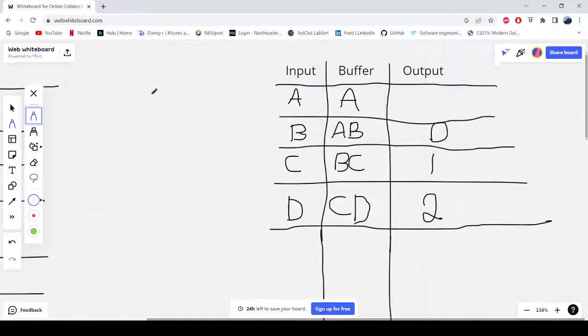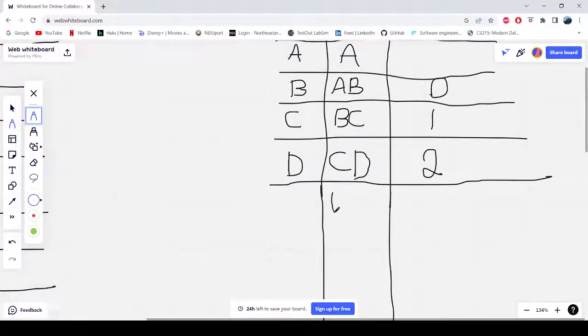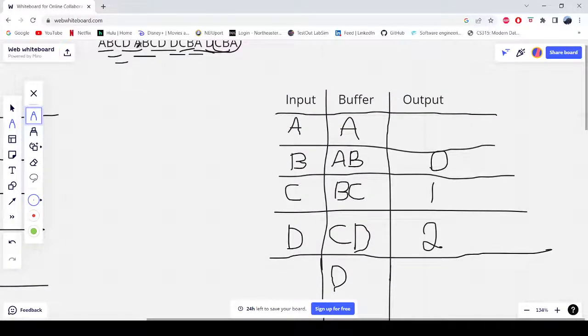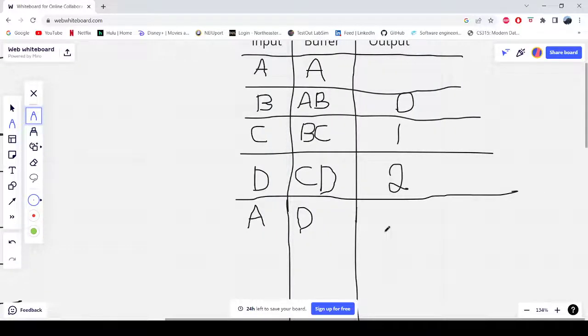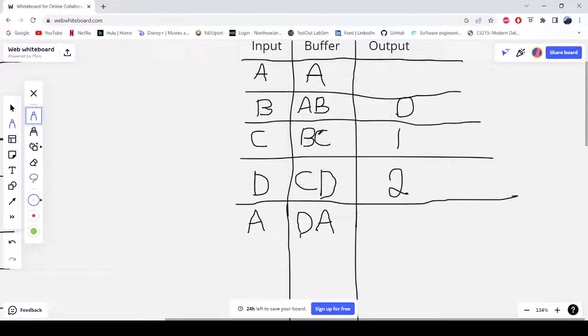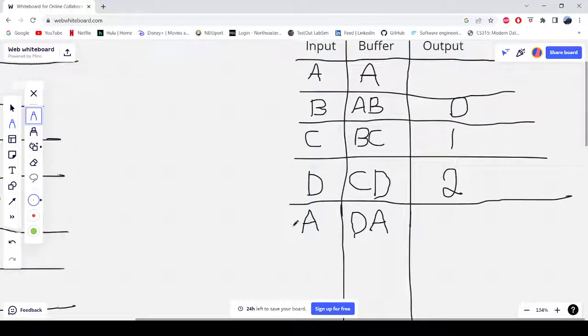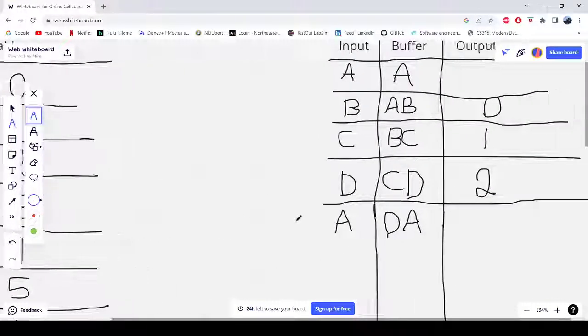So we have now the letter A. Actually, I should say we drop our C because we still have the letter D. But then we go ahead and we add the next character, which is A. And then we can add our input to our buffer. So now we have the value DA. And this is a unique instance of D. We don't have DA in our buffer yet, or we haven't had it yet, I should say. So this is a unique instance of D. So we're going to go ahead and find the value for D, which is 3. We're going to go ahead and add